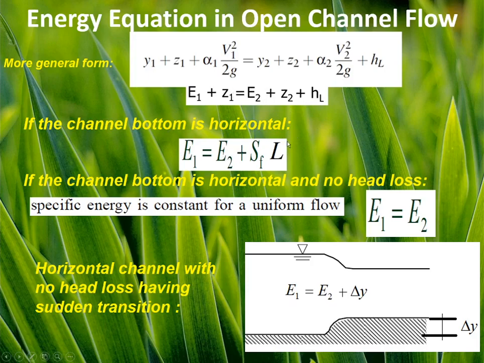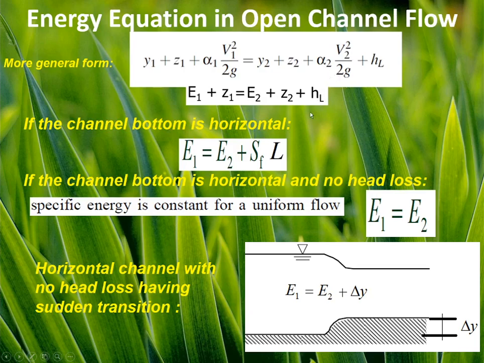again we have the similar equation that I already explained. So it is suggested that you always know this equation: specific energy at a cross section, which is the total energy above the bed, plus elevation of the bed, equals total energy above the bed at section 2 plus elevation of the bed at section 2 plus energy losses.